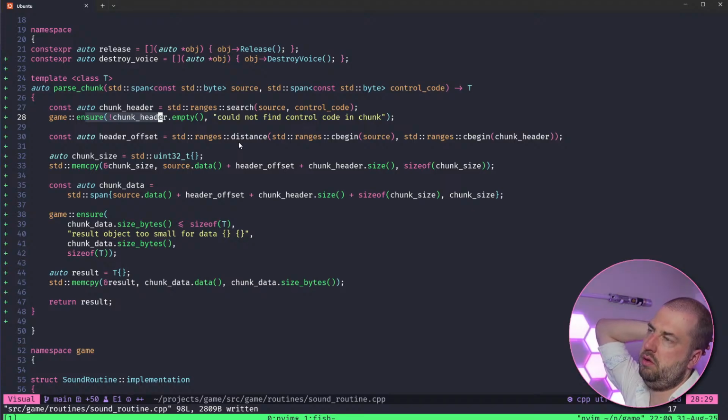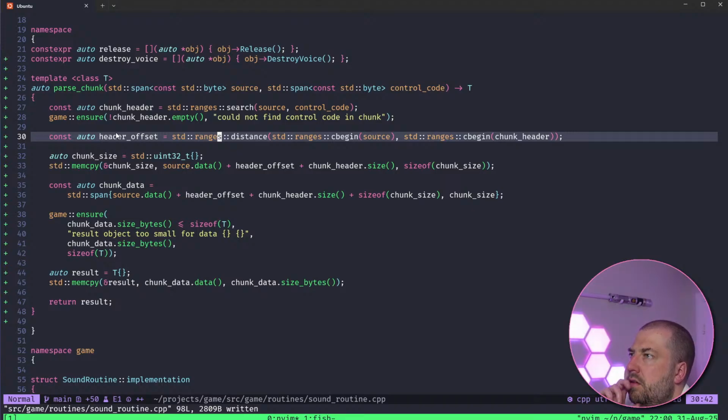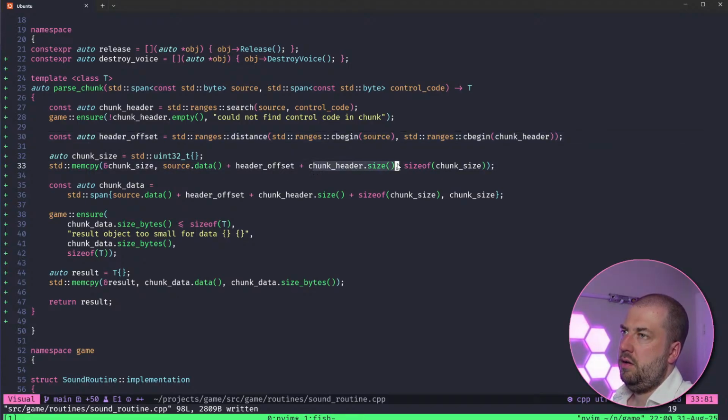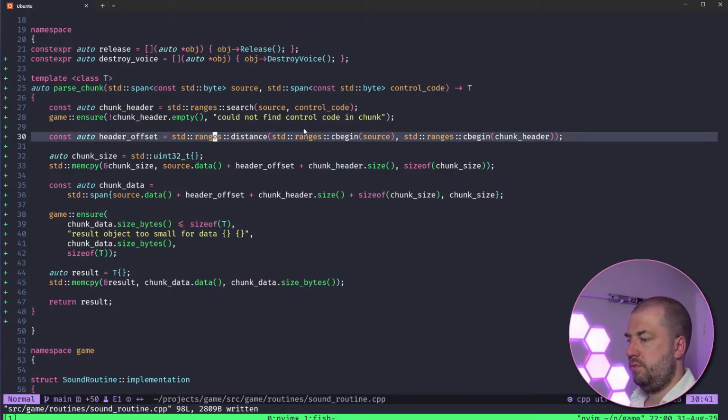Found. It's found riff. It's got an offset to that, and then for the size, it's going from the start of the data, go to the start of the header, plus the chunk size, which should be the same as the, I think we need to add some logging here.